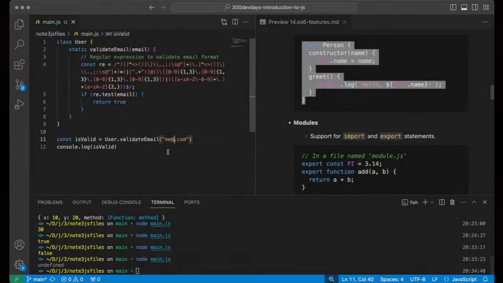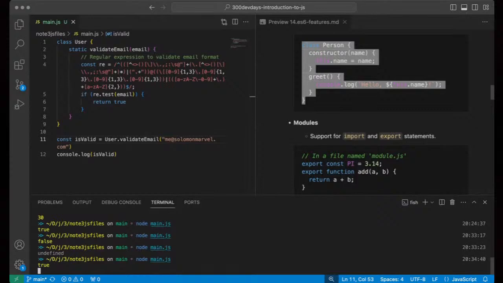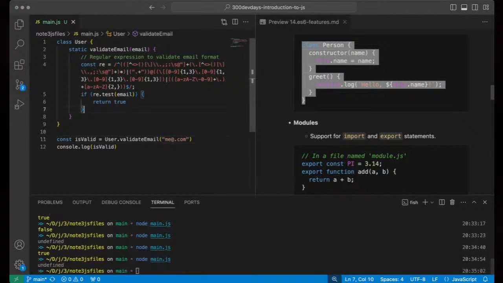Now this is false, so that's why you see we have undefined, because the value we put in here is not really valid. So if I change that back to Solomon marvel.com, which is a valid email, you see we get true, right? If it's invalid, we get undefined because we did not really specify what happens when it's not valid.